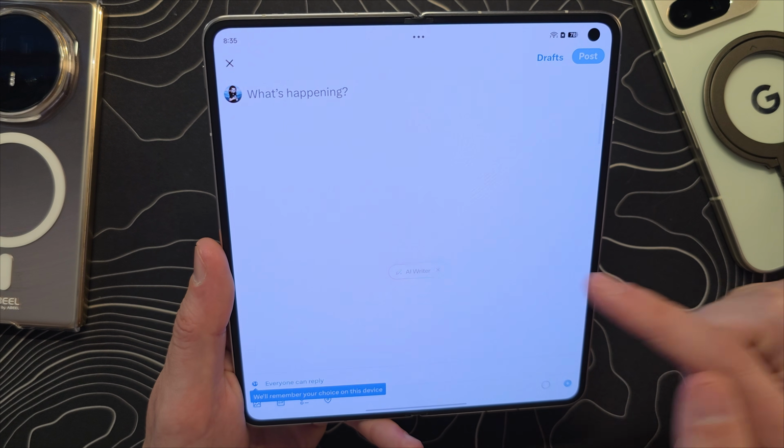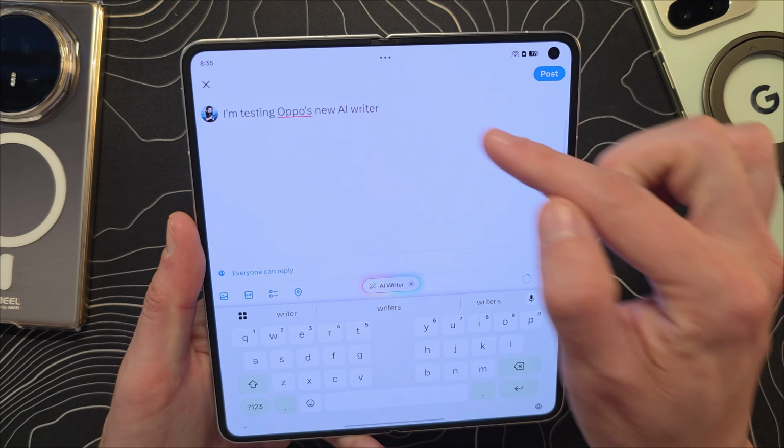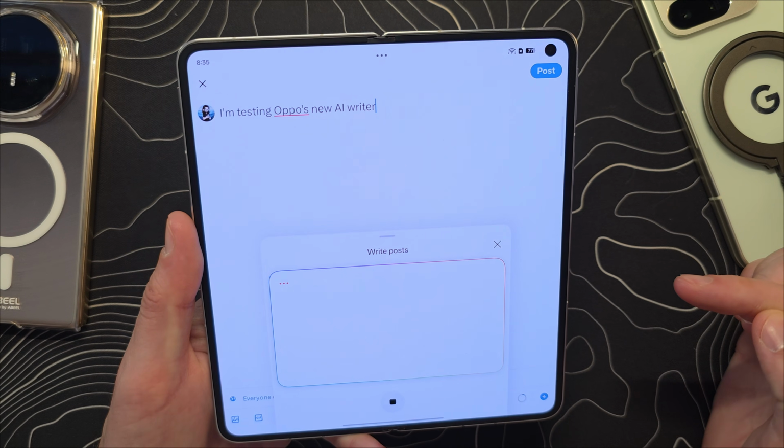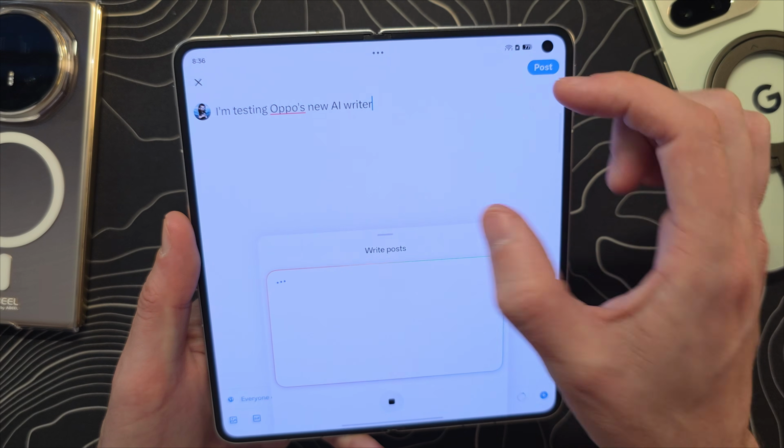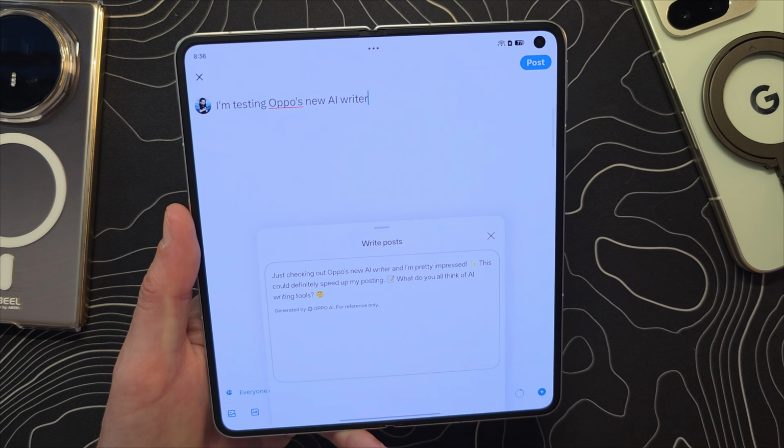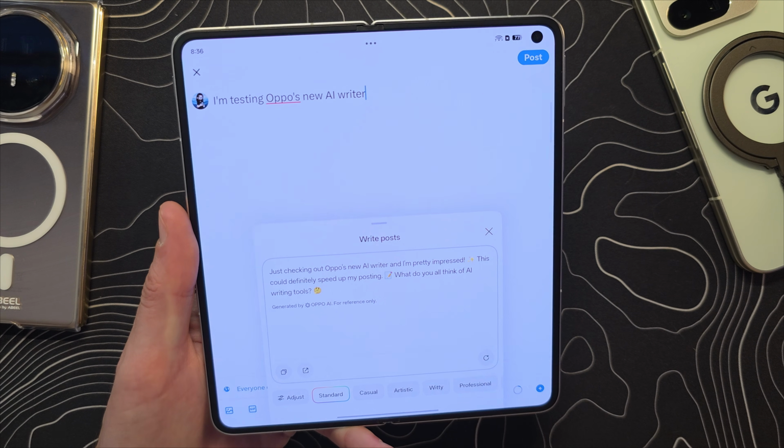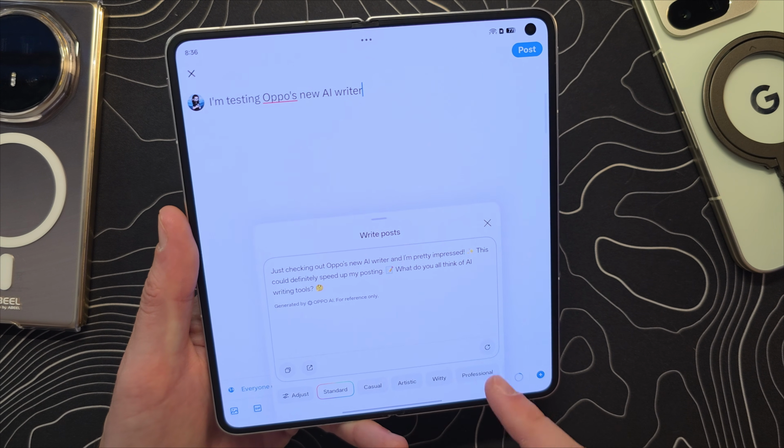Okay, so it's popped up there again. That was weird. Let's try it this way. I'm typing some text in, and then I select AI Writer. Is it going to grab that text and then work off of that? That is exactly how it works. Okay, so I was a bit confused there, but that is how that works, and you can change different styles